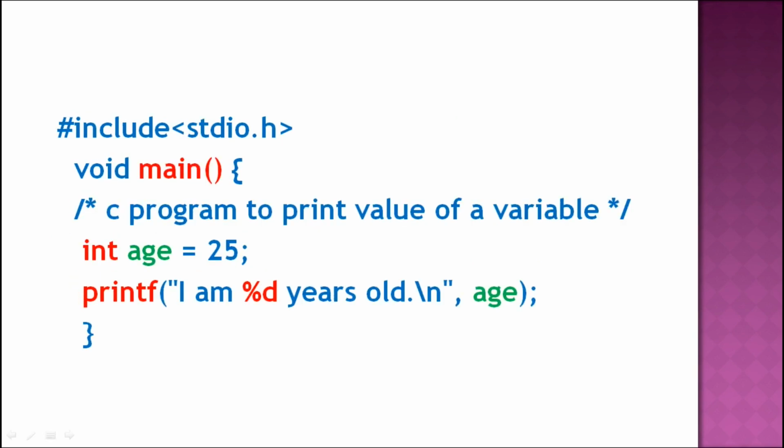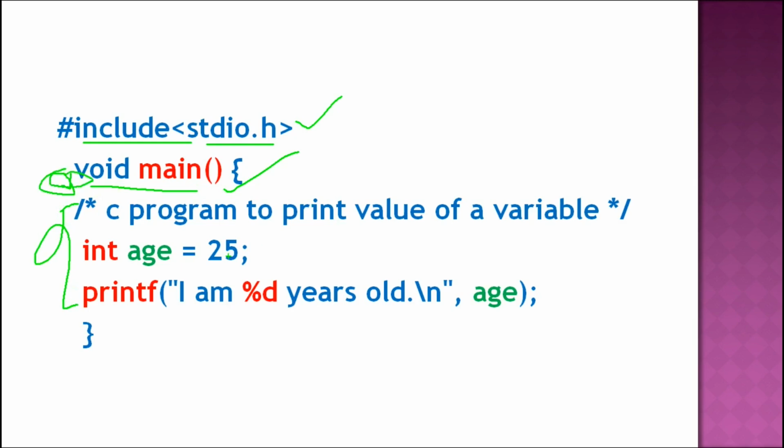Okay, here is the program we have. Here, include stdio.h, standard input output, is the header file, and it is included in our program. Here is void main. Main is nothing but the main function. Our program code will be executed within the main function. Here void means it will not return any value.